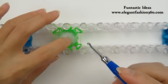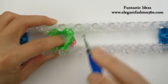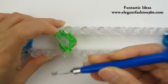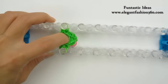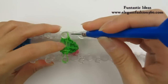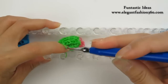Okay, now we're going to close up here. We're going to merge these 2 on the side to the center 2 pegs. Bring this band in here. Bring this one in here. Now we're going to take one single band and bring the bottom layer in here. Now we're going to take this band down here,